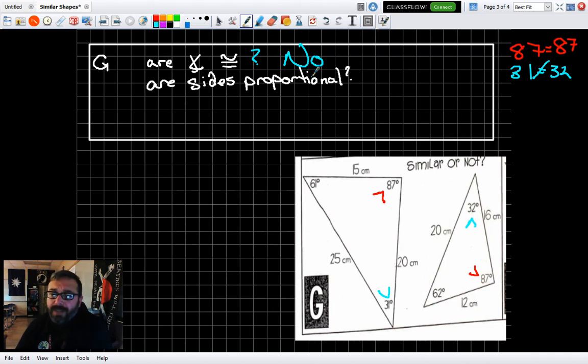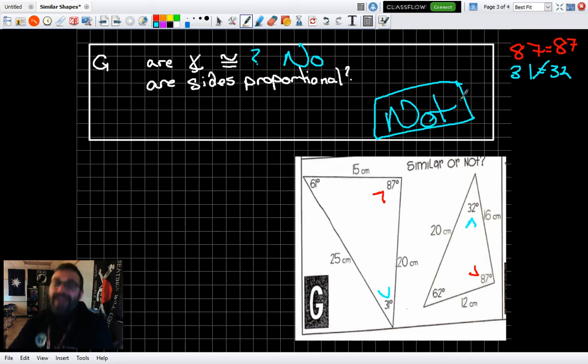Your mathematical ratios will break down. So we don't even need to do the math on this. We can just write naught down here and thank the angles for saving us from doing ratios. That being said,